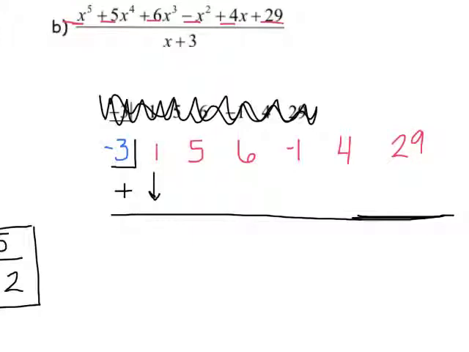Okay. Now the reason why we wrote this arrow right here is because that first number you just bring on down. And now you start, this is a diagonal, this is a vertical. This is a diagonal, this is a vertical. So -3 times 1 is -3. 5 add -3 is -2. -3 times -2 is